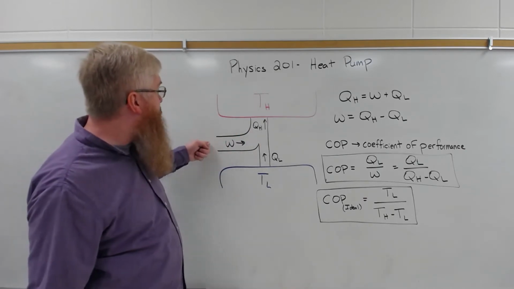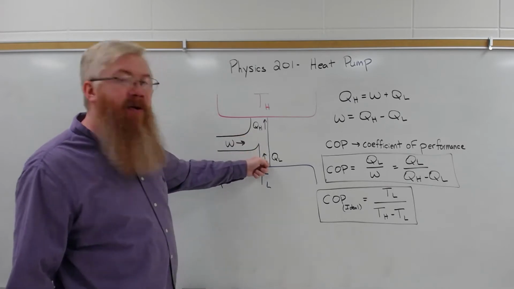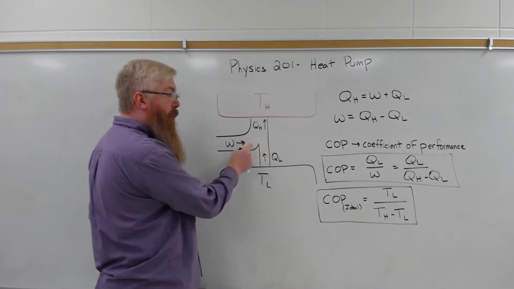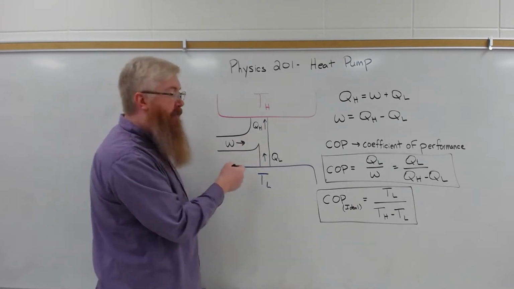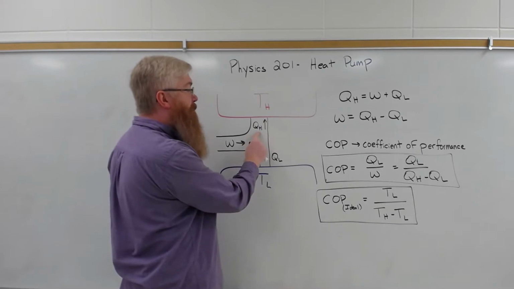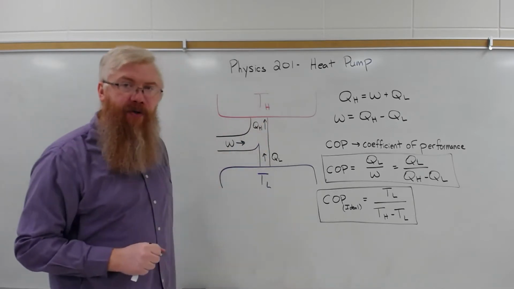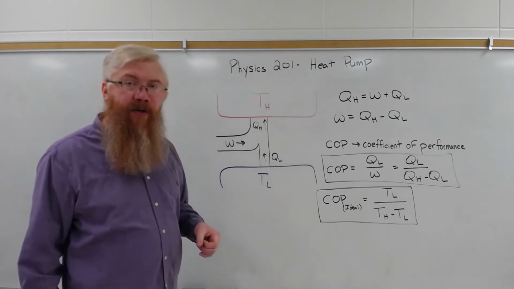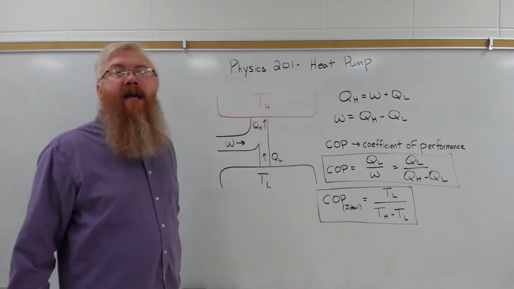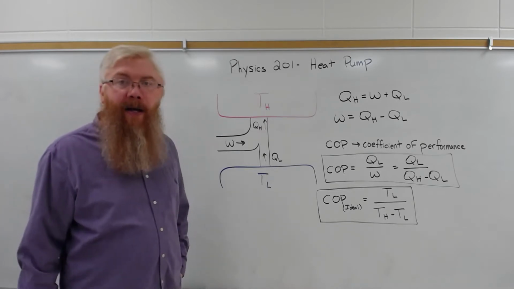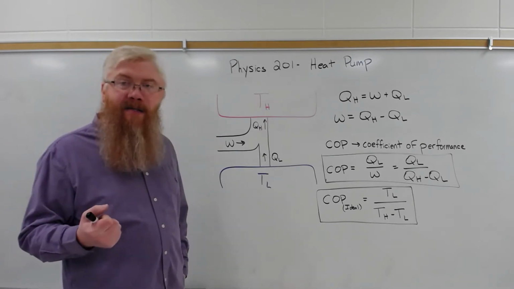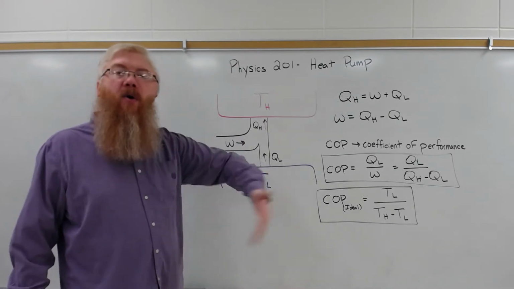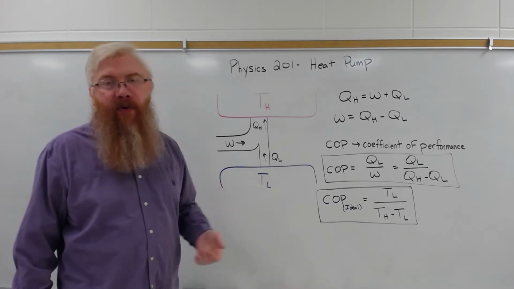So what ends up happening is you do work on the system, a small amount of heat is pulled out of the low temperature reservoir, the work and the Q sub L, the heat from the low temperature reservoir, combine, and that combined heat is dumped into the high temperature reservoir. So you're actually generating more heat than you're removing from the low temperature reservoir, which is why if you just open your refrigerator and leave it running, it will try to cool the box, but it will be dumping more heat into your kitchen than the cold air will be generated inside the box flowing into your kitchen.